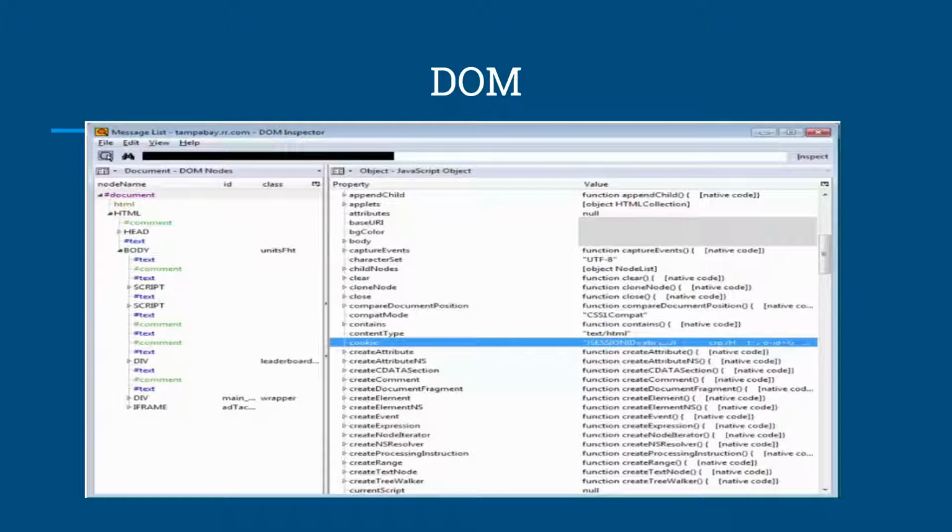Now the DOM-based XSS. DOM is an acronym for Document Object Model, and this is something that your browser does behind the scenes for you. It's an actual true representation of every single HTML page and every single session item that you may have inside your browser. I am showing an example of one in the screenshot. Now this gets attacked. It can be the target of reflected or stored XSS attacks.